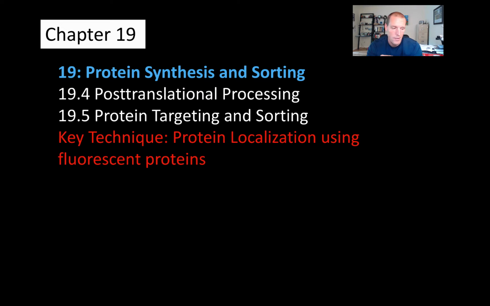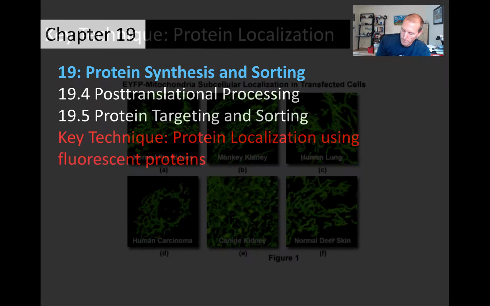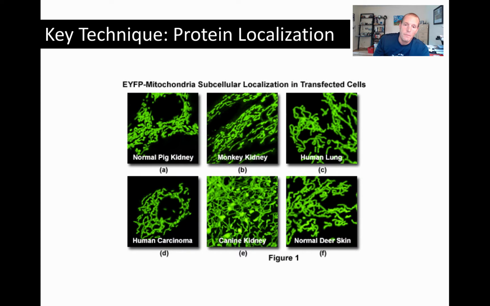Originally discovered and employed by a man called Roger Tsien, and he won the Nobel Prize for that. So it's really interesting stuff. Let's start off pretty general. So we're looking here at the localization of a protein in the mitochondria of some different cell types. And that mitochondrial protein has been genetically modified so that one end of the protein has fluorescent